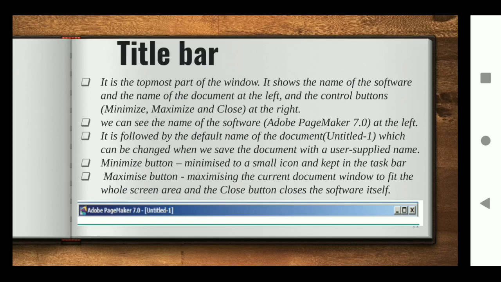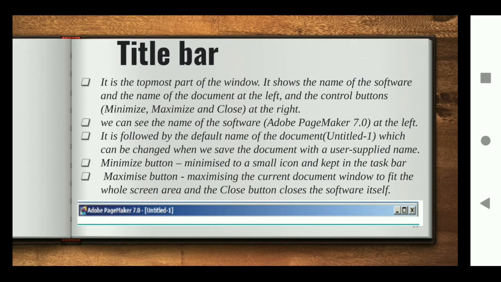So I explained the whole screen. In short, I quickly explain it. The title bar, as shown here and as I said earlier, is at the top, and it says Untitled-1. One of the prominent options available in the title bar is minimize, maximize and close. The minimize button is used when you have other work. You can minimize it to the taskbar, do other work and come back again.